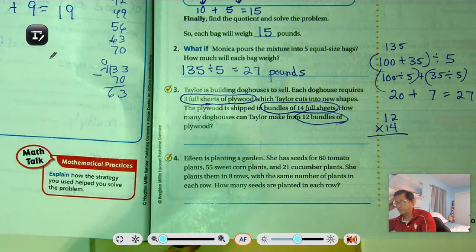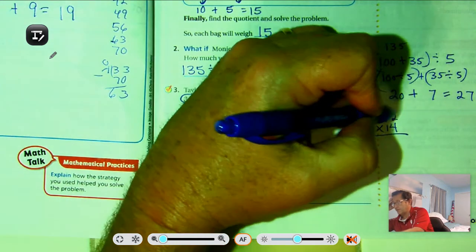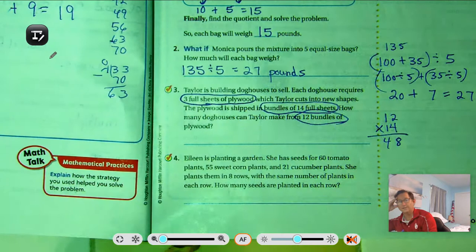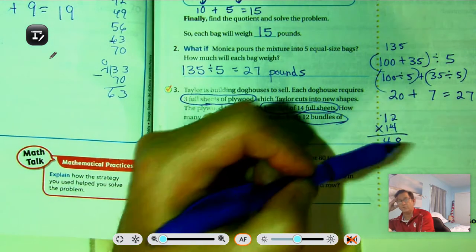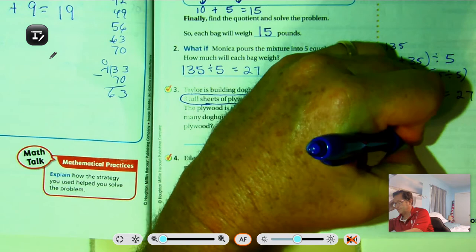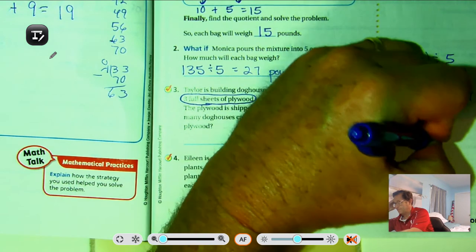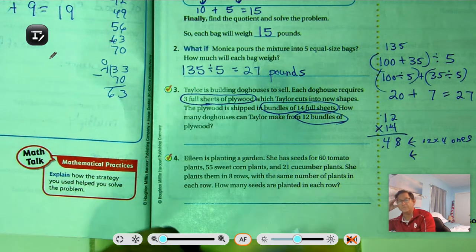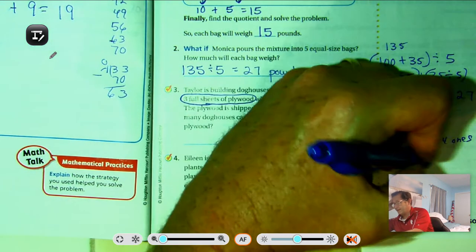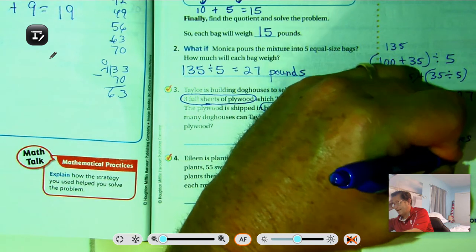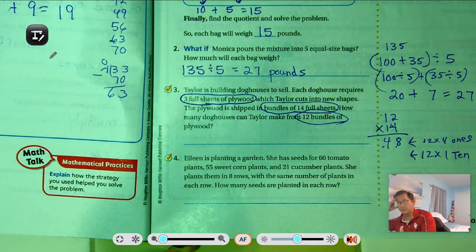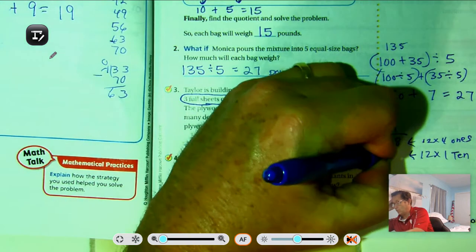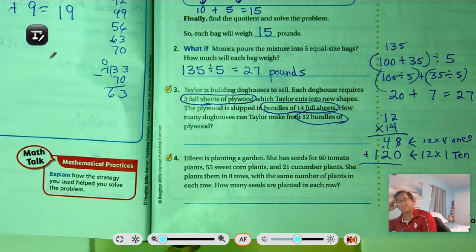So we need to multiply 14 and 12. 12 times 4 ones is 48 ones. 4 times 2 is 8. 4 times 1 is 4. So 48 ones. And again, I'm just showing you the steps I'm using for multiplying by 2-digit numbers with regrouping. And then we have 12 times 10. Well, 12 times 10 is just 12 tens, or 120. So we have 168